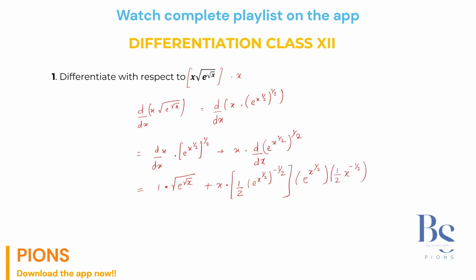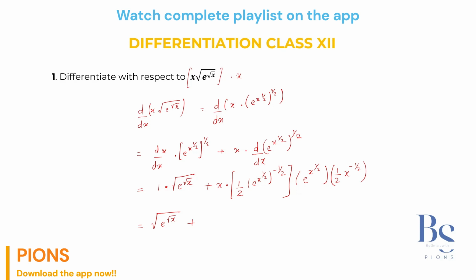Again I am repeating, keep brackets to avoid mistakes. Otherwise, if there is a negative sign and there is no bracket, it looks like you are subtracting it. So you should have this habit of keeping brackets, so it is clear to anyone looking that I am differentiating stepwise each one of them. First power, done, then function, done, then x to the power half, done. Clear? Now our final result for this particular problem will be root e raised to root x plus,